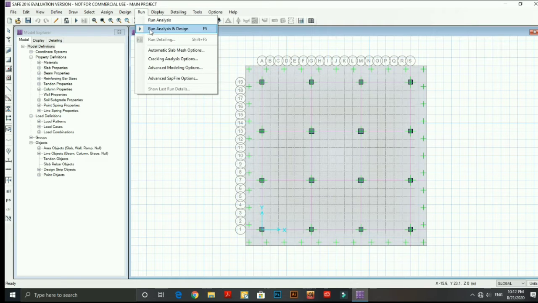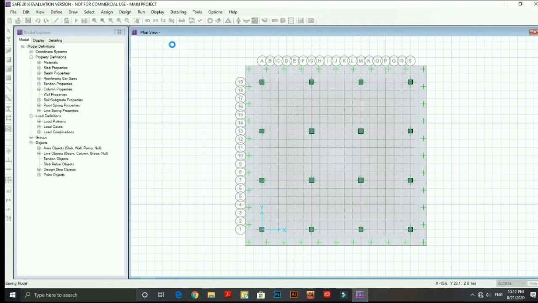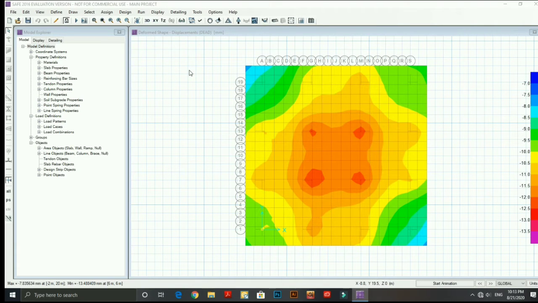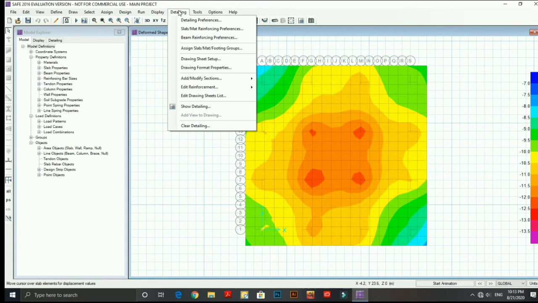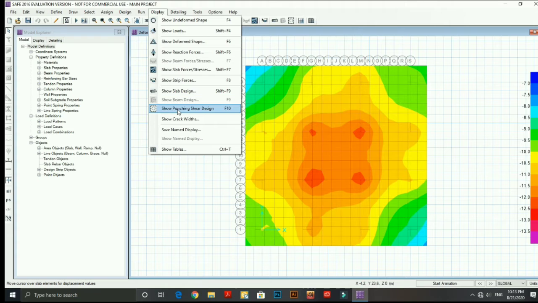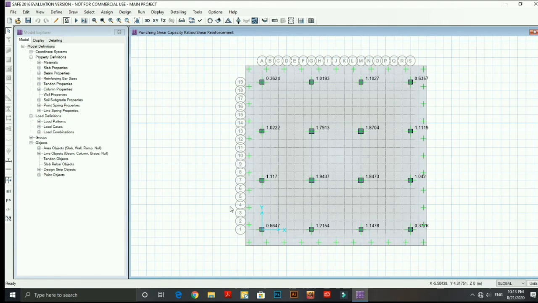Then go to run analysis and click on it. The model is analyzed and by default a deformation is shown. Wait for some time, go to run analysis again, and here you can see the punching shear design.